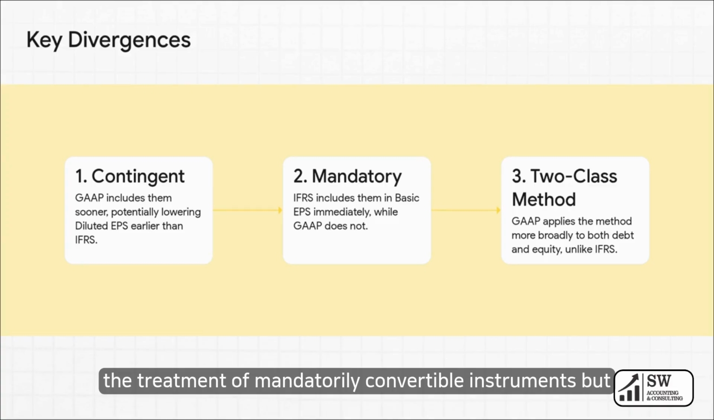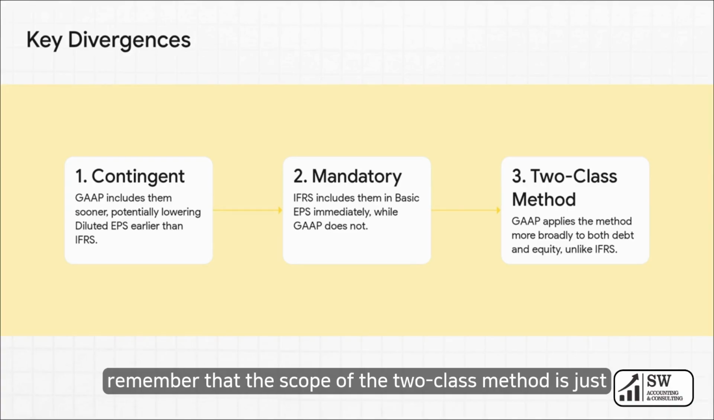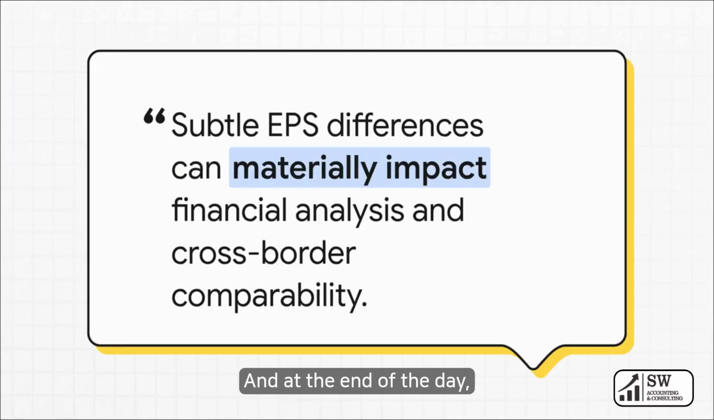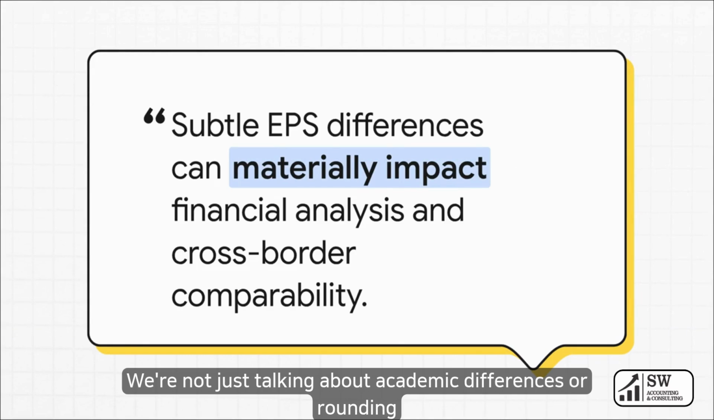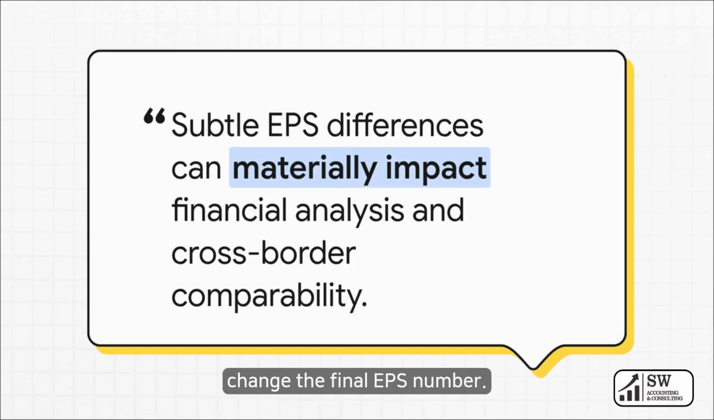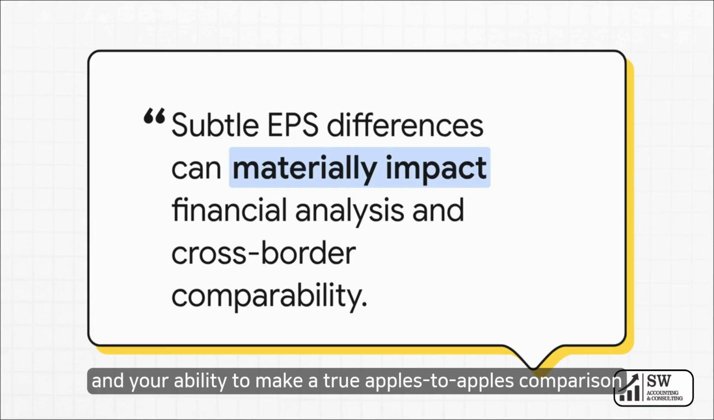Second, the treatment of mandatorily convertible instruments, but in basic EPS. IFRS puts them in from day one. And third, remember that the scope of the two-class method is just way broader under GAAP. And at the end of the day, this is why it all matters so much. We're not just talking about academic differences or rounding errors. These subtle technical rules can fundamentally change the final EPS number. And that in turn can throw off financial models, valuation multiples, and your ability to make a true apples-to-apples comparison